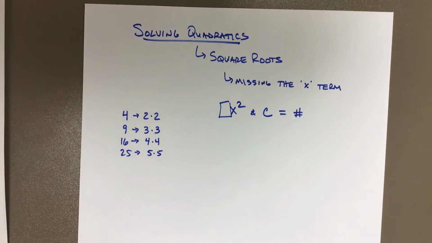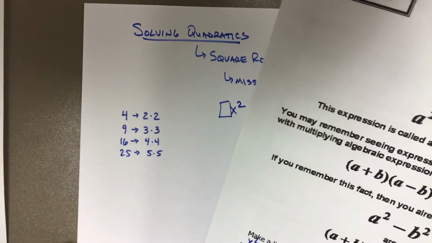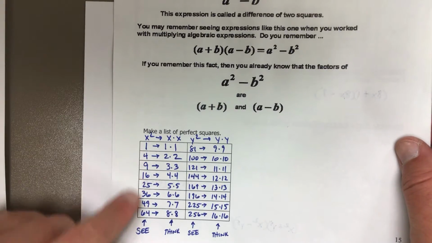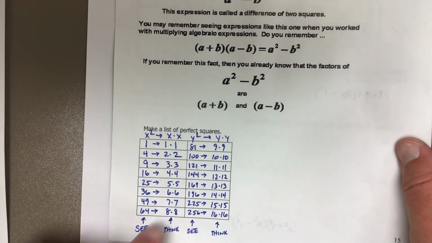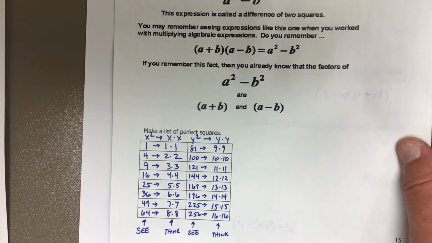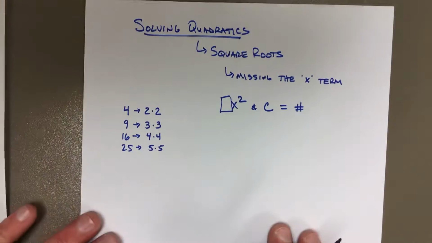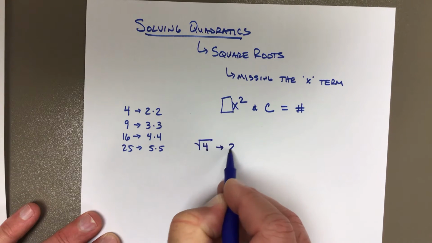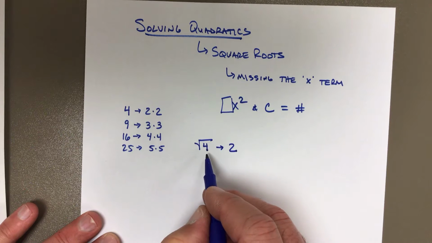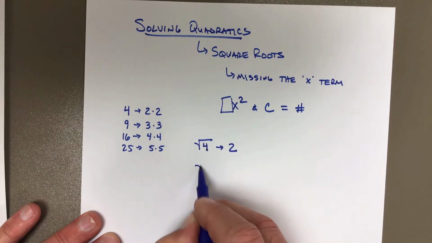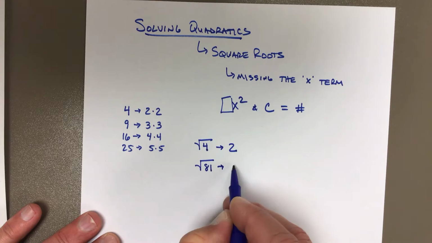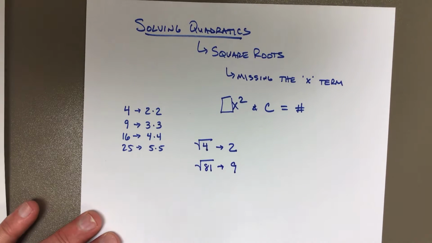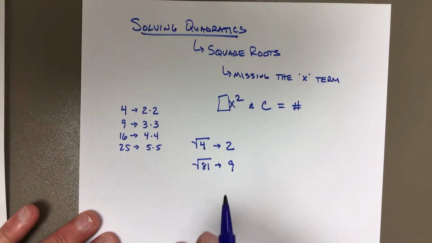Remember that when we did the factoring and we did perfect squares, we had this listing here. If you see these numbers, then you're going to think these numbers. Well, we're going to have this same thought process here. So remember with square roots, the square root of 4 is 2 because 2 times 2 is 4. That's what we're looking for. The square root of 81 is 9. These are the things that you're going to have to get used to